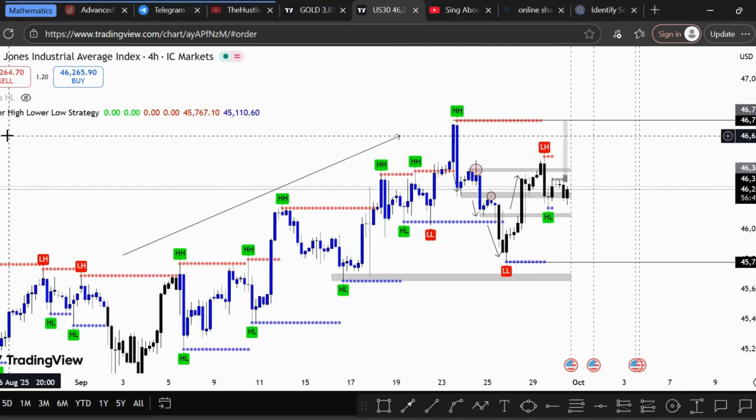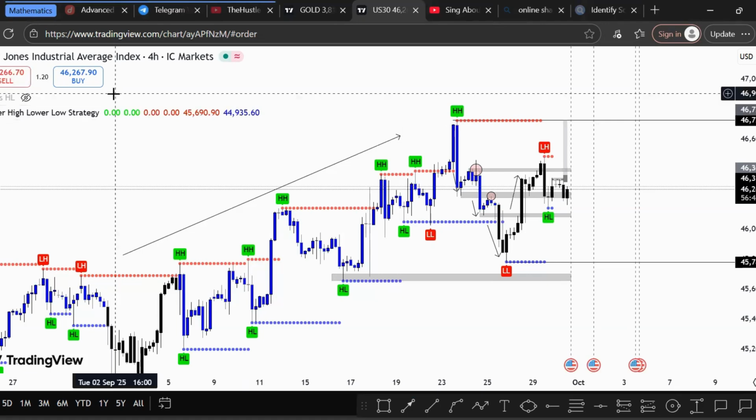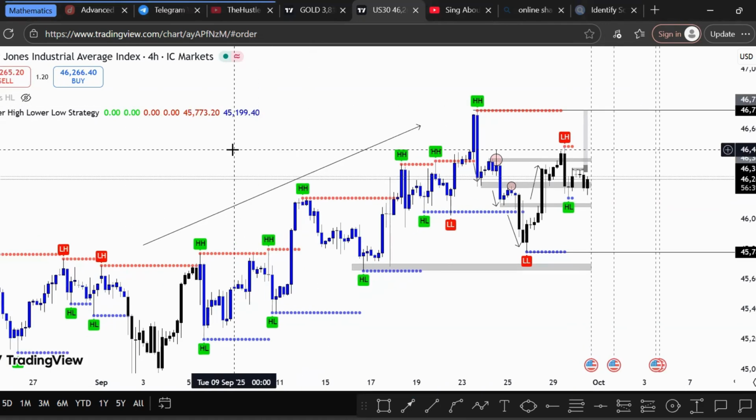And this tool, I will talk about how to use this higher high, lower low strategy tool, you'll find it on TradingView. It actually helps you, especially when you're on 1 hour and 4 hours. Don't use it on a smaller time frame. Just use it on 1 hour and 4 hours. That's it. So you can understand your levels, know where to put your support and resistance levels,